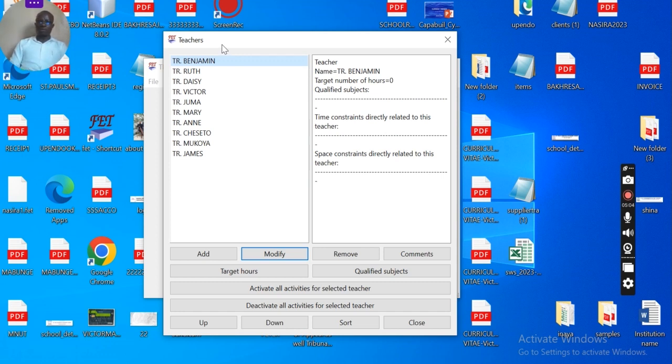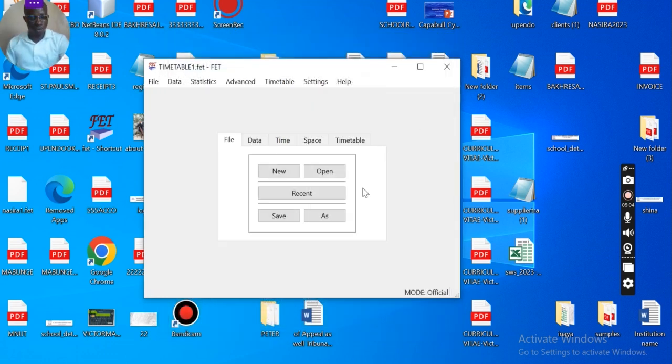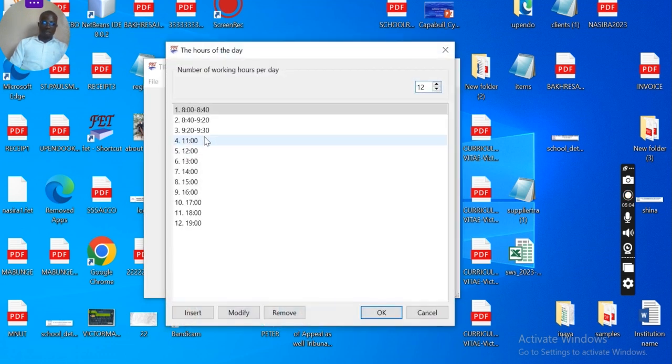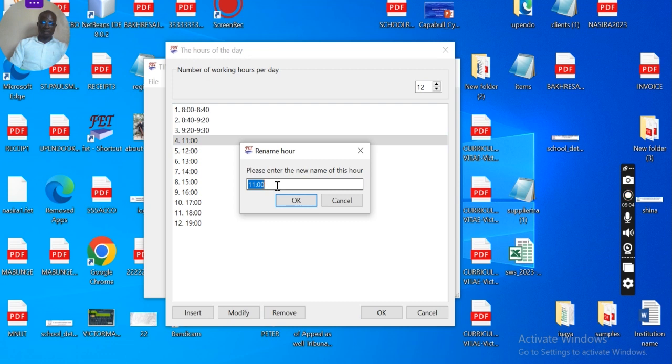And just before we go to that, I will do my next lesson. I will be doing comprehensively the subject matrix so that you understand how to do your subject matrix. I will also explain how the doubles and periods are supposed to be configured into the timetabling system. So up to this point, I believe we are okay, and up to that point, we should be good to go. I just remembered that yesterday I did not finish information about hours, so we can finish on that, so that next we just fill that particular information going